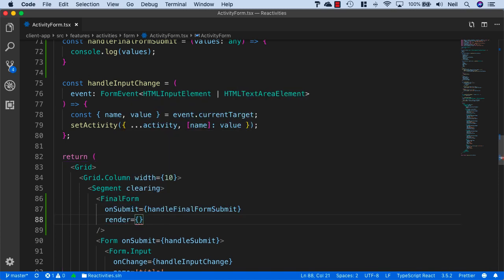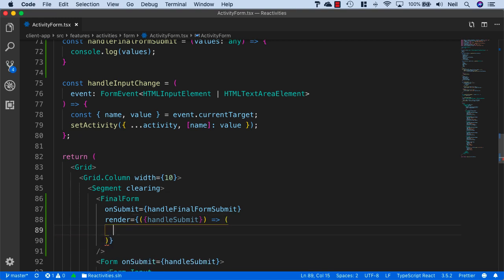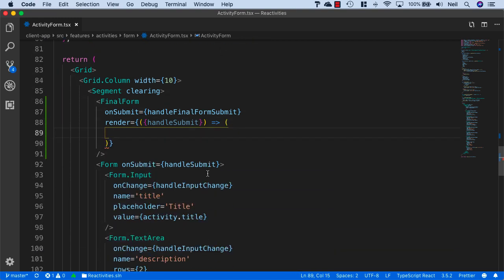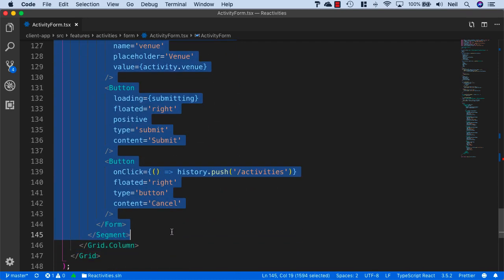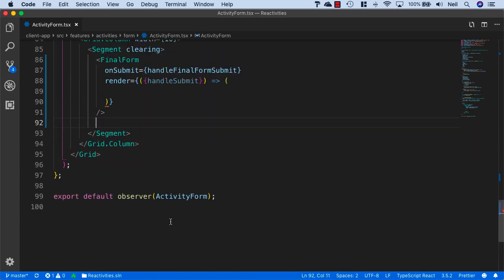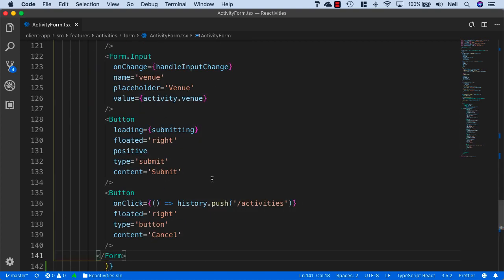equals, and what we want to do in here is Final Form can pass a handleSubmit property to our render property here. So what we'll do is we'll destructure that, and inside these curly brackets, I'll add the handleSubmit, and inside our render prop, we'll cut and paste our entire form and put it inside here. So I'll get the form into the clipboard, the whole thing, and just paste it inside